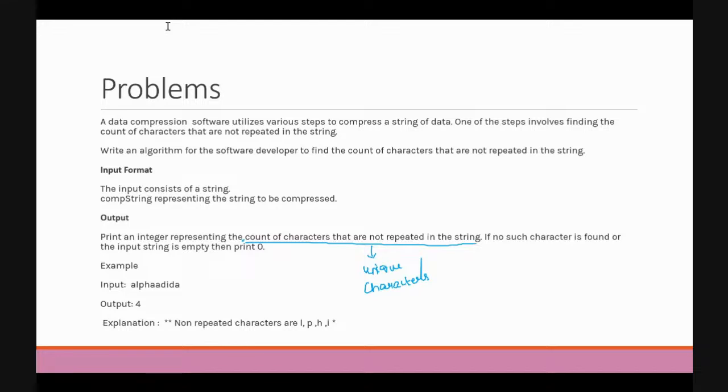We are going to look at an example now. Whichever is your comfortable language, you can use that to solve your program. Today I'm going to solve it in Java.